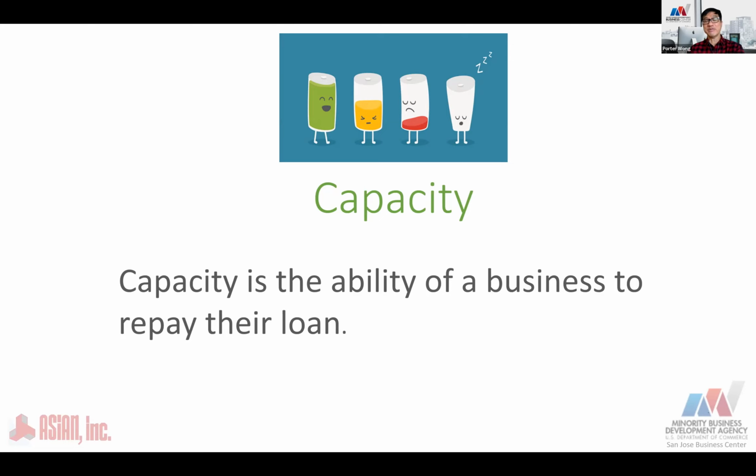A very, very important thing is, when you have a chance to sit down with your banker to talk about the loan, you need to show them that you know how to expand your business, grow your business, and make your business profitable. If you're not able to convince them that you will be able to make the business profitable, then it will decrease the chance of getting a loan big time.